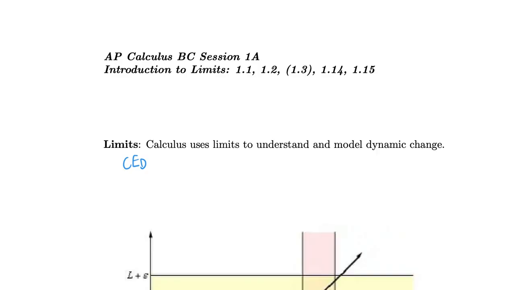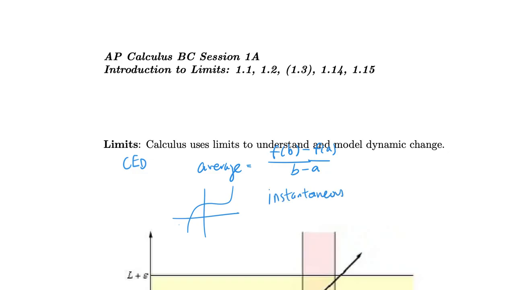And it gives the example of average rate of change. So obviously, average rate of change is just the change in a function over the change in the independent variable. Yet, if we want to examine this average rate of change at an instant, which we call the instantaneous rate of change,